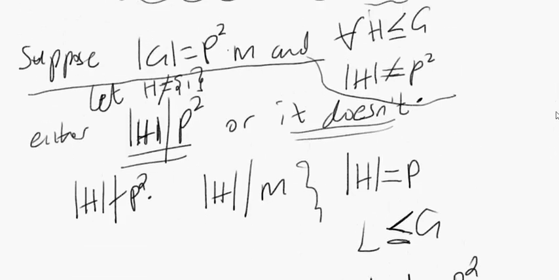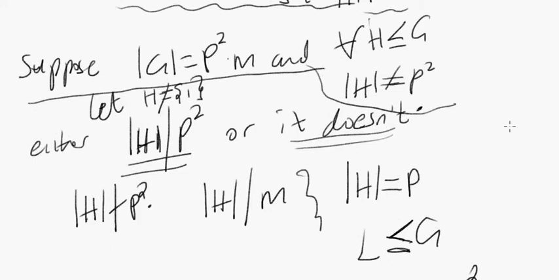Is there any other contradiction we could obtain that's not kind of obvious? Or maybe if we contradict the fact that the order of g actually is p squared times m. But how do we do that? If there's no subgroup of order p squared,